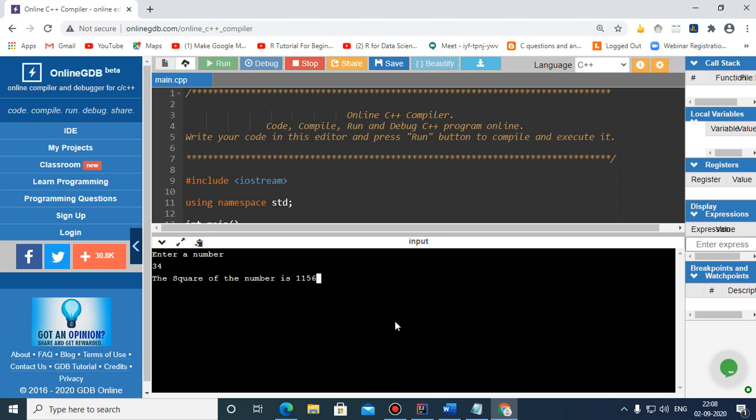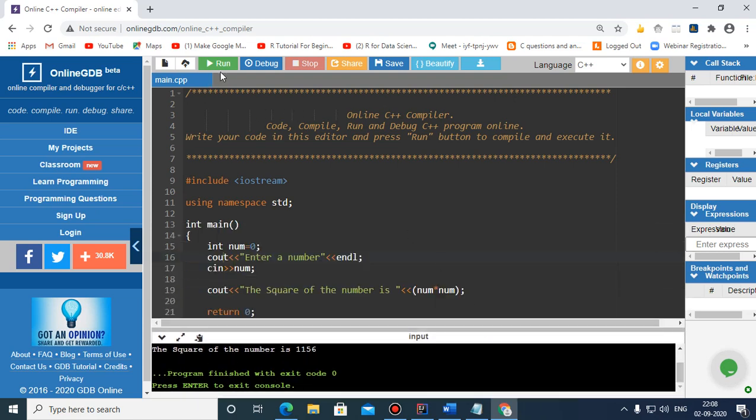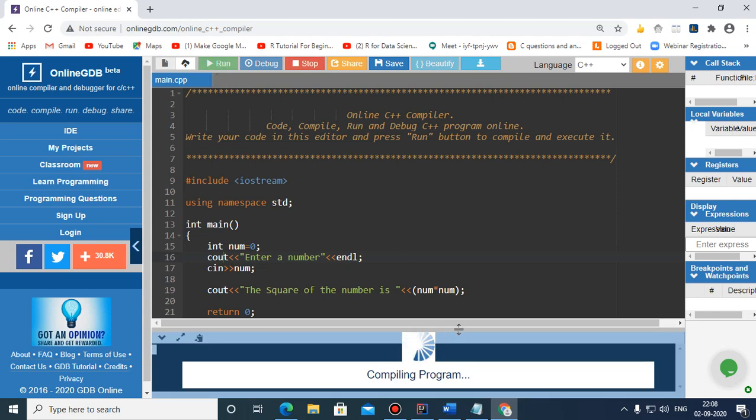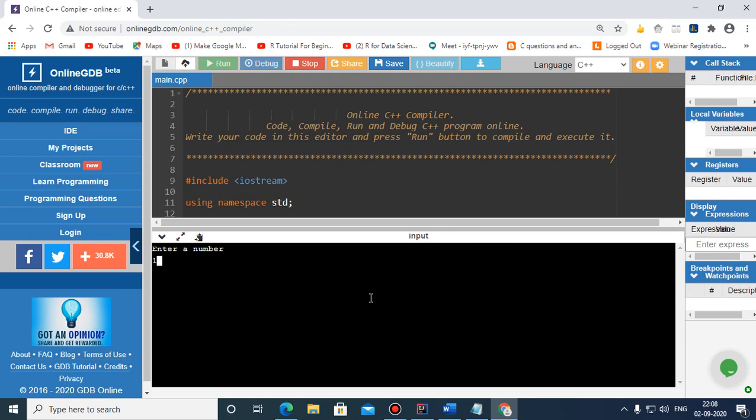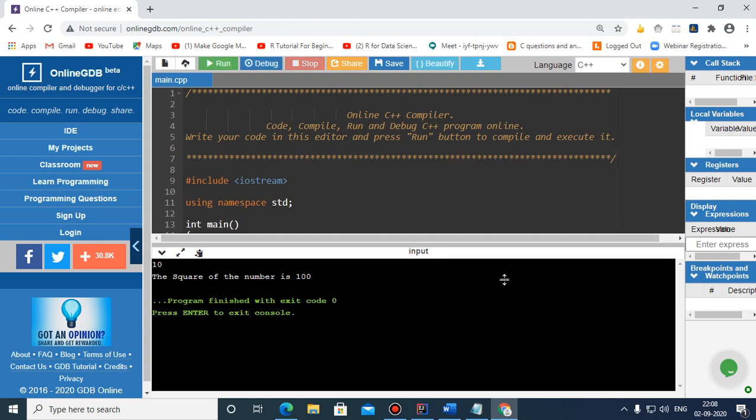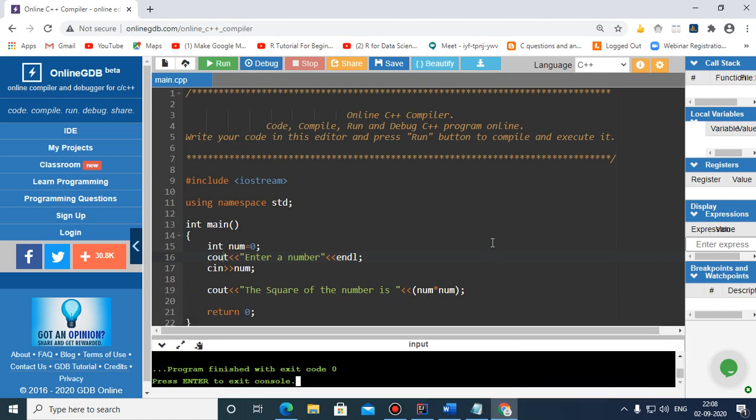I have entered 34, and you can see that the square of the number is 1156. I'm executing it one more time. So suppose the number is 10, you can see that its square is 100. So it is giving the desired output.